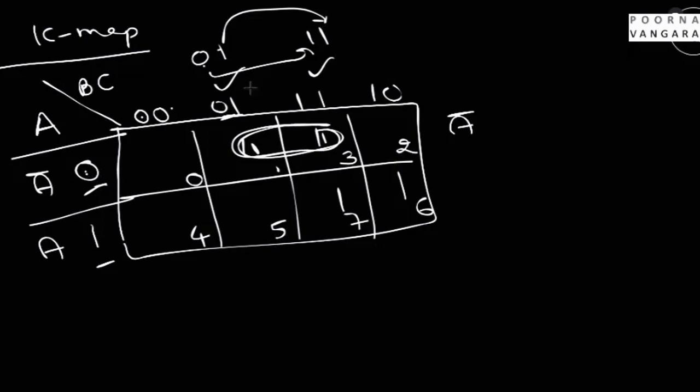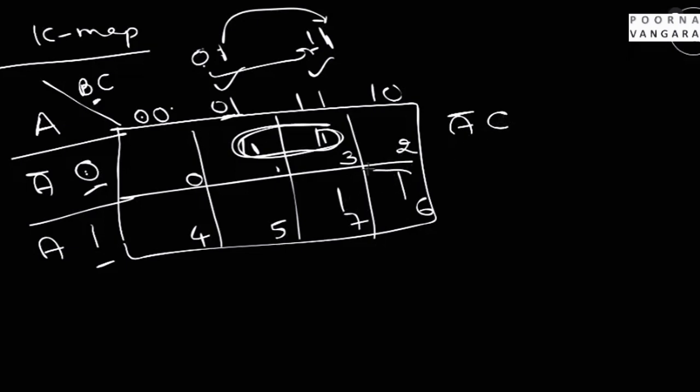Here also you are doing the same thing. In the K map, whatever variable is changing or differing from one adjacent cell to the other adjacent cell, you can eliminate that particular variable. This 0 and this 1 is related to B, right? B position. So you can eliminate B. You need not write B here. And the next third position is maintaining 1, so C is maintained as 1. So the normal form is A bar C.